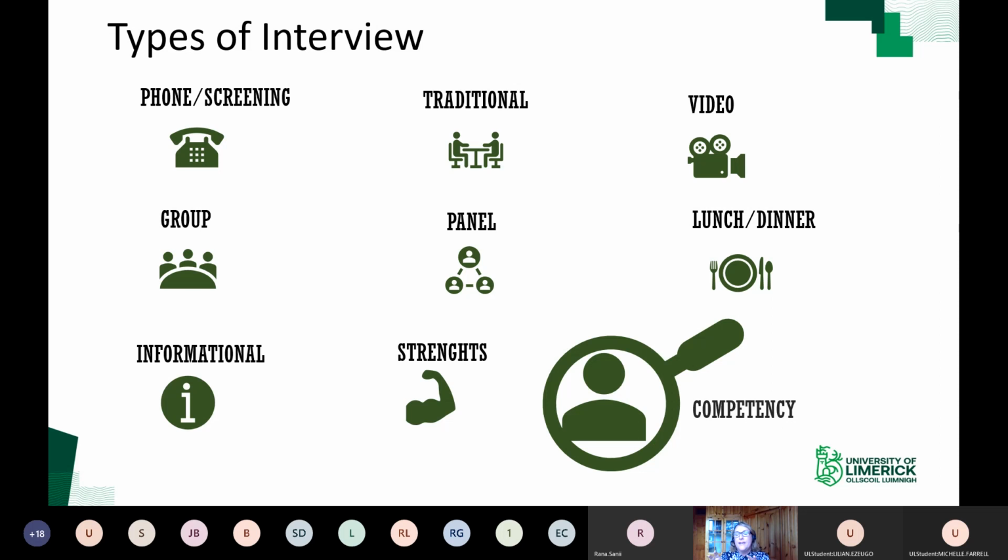And then finally, and I suppose the bit that I have the magnifying glass focusing on, are the competency questions. So that's very much about assessing your behavior. The whole idea is that a company determines